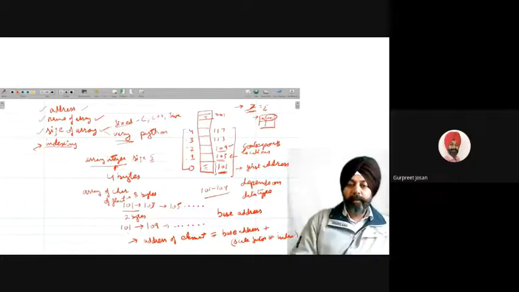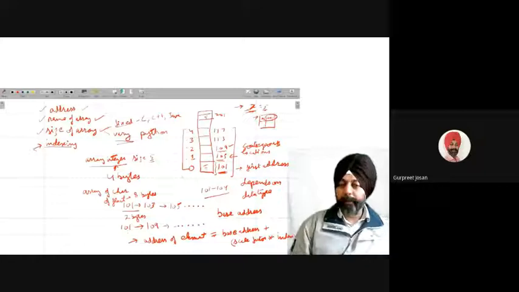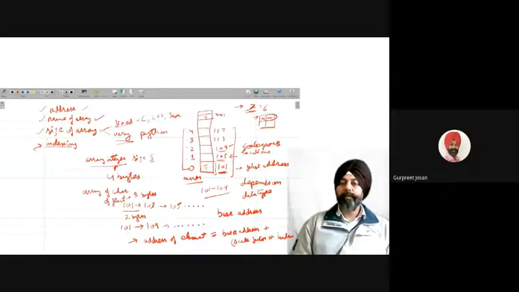Suppose the name of this array is marks. So marks is the name of the array. This is indexing.